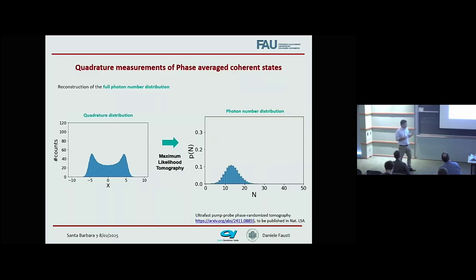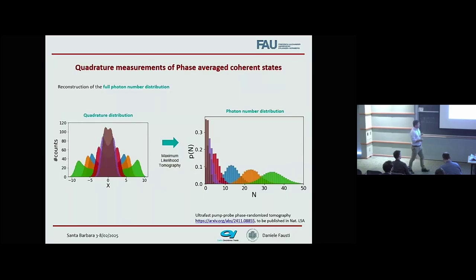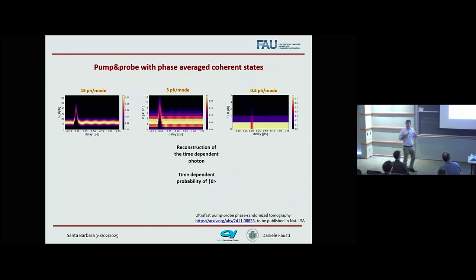You don't have much information, but you have information on all the photon number, all the diagonal elements of the density matrix of the photonic states. You can obviously change the intensity of the states, and you can measure the full distribution of the photon number. The interesting thing is that the technique is easy enough so that now I can add a pump to the problem, and I can measure the distribution of the photon number as a function of time, and you see the characteristic signal of a phononic mode.